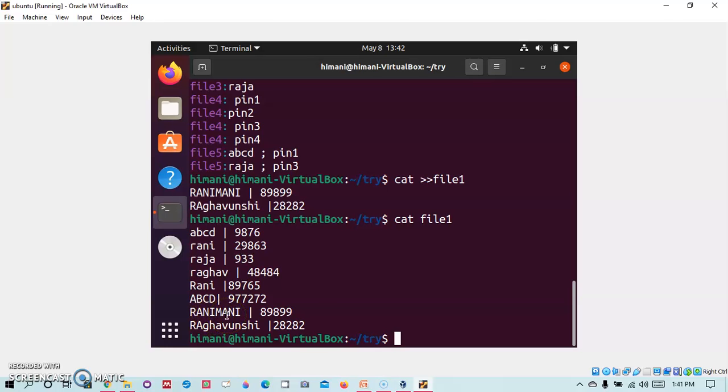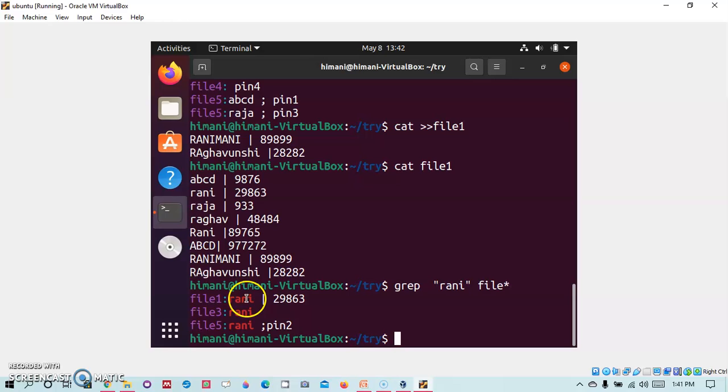Otherwise the general behavior of grep is that if you search for a pattern, suppose let me search for Rani from the command line, then all instances of Rani, whether they are single or embedded, will be searched.